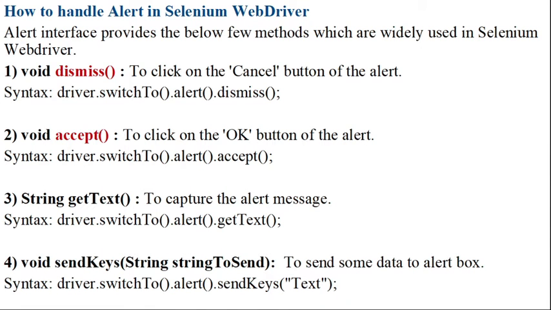Now we'll see how many methods there are in Selenium to accept the alert or perform operations on the alert. First is the dismiss method. This is the method if you want to cancel the alert, or you can say if the user wants to click on the Cancel button of the alert pop-up message, he can use the dismiss method. बेसिकली जैसे ही आप कैंसिल पे क्लिक करना चाहते हो और कैंसिल पे क्लिक करने के लिए Selenium में डिसमिस मेथड का यूज़ करते हैं. कैसे करते हैं वो हम देखेंगे बेसिकली.